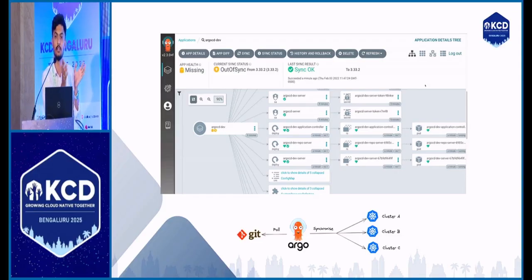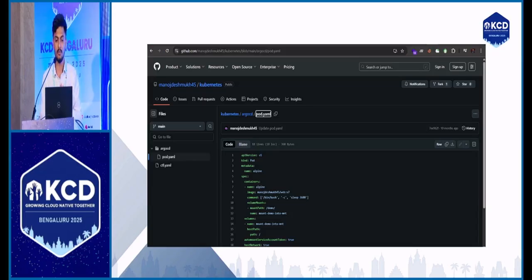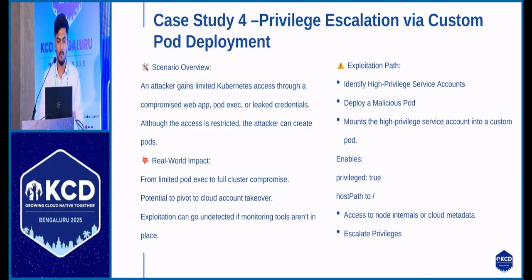I'll add my credentials and my URL, and configure my GitHub repository to the Argo CD that I compromised. Then I'll write my own deployment, adding my own root image which will have root access, and I'll add a mount path and a host path as root. Once I log into the pod, or get a reverse shell to the pod, I can directly gain access to the node. Once I gain node access, I'll be able to access multiple files from the DevOps team.